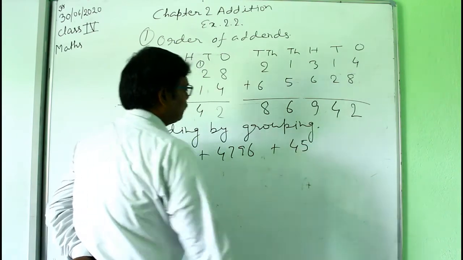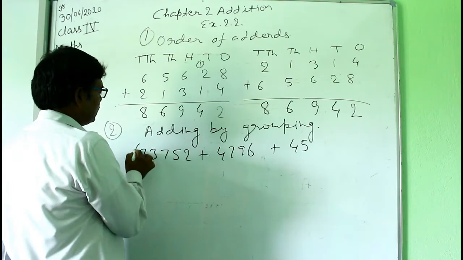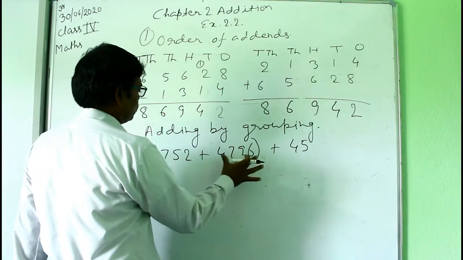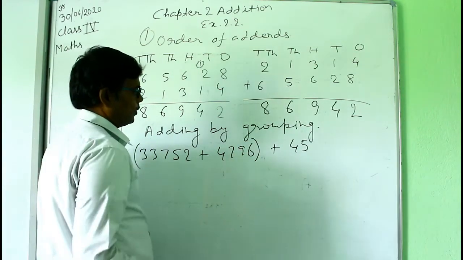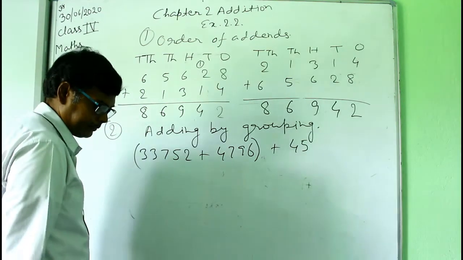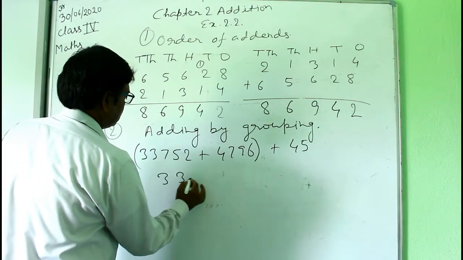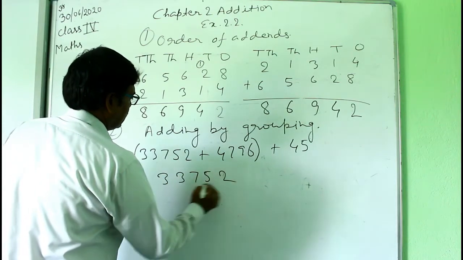Here we will add these numbers in two ways. First group these two numbers and then find the sum. So first find the sum of this number plus this one, 33,752 plus